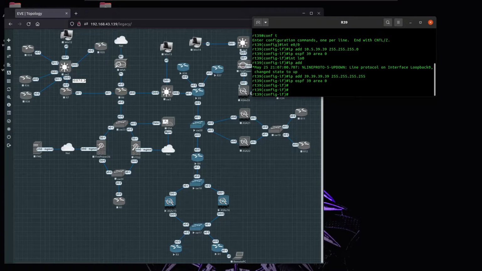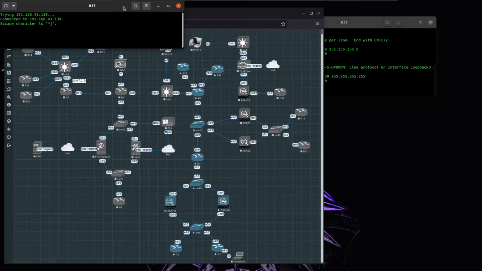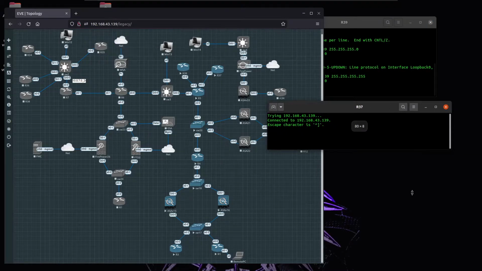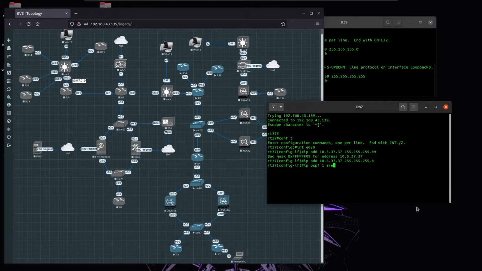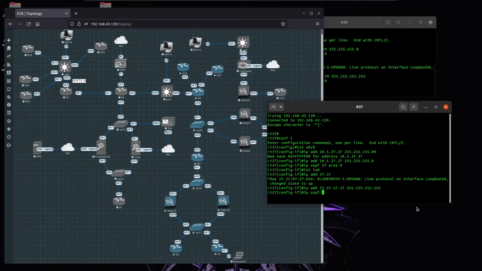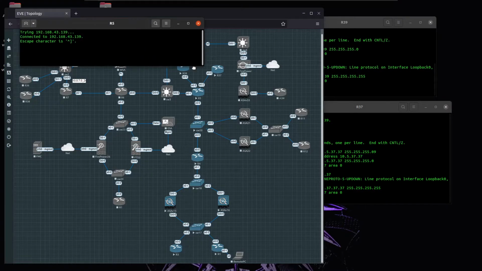Okay, and we're going to do the same for 37. So for 37, I'm going to create the network 10.5.37.37/24, ip ospf 37 area 0. I'm going to create a loopback as well, 37.37.37.37/32, and ip ospf 37 area 0. So this is done. Now on router 5,